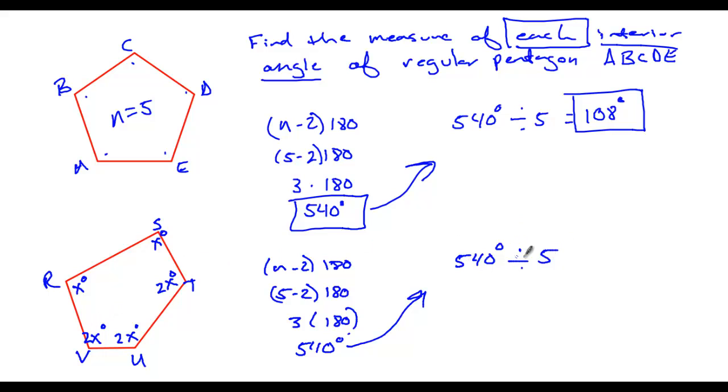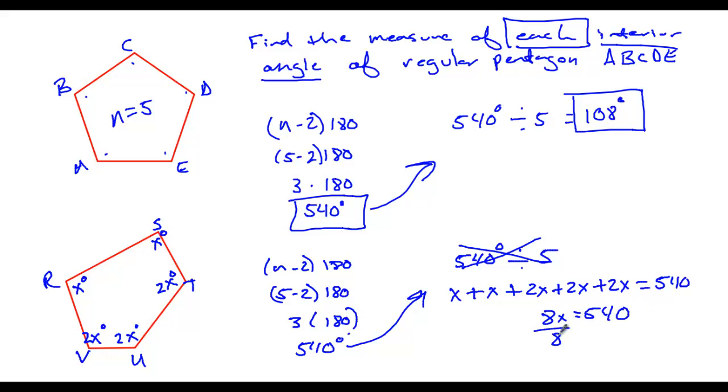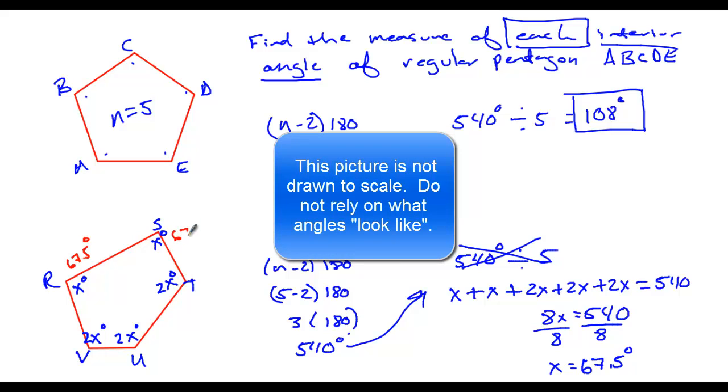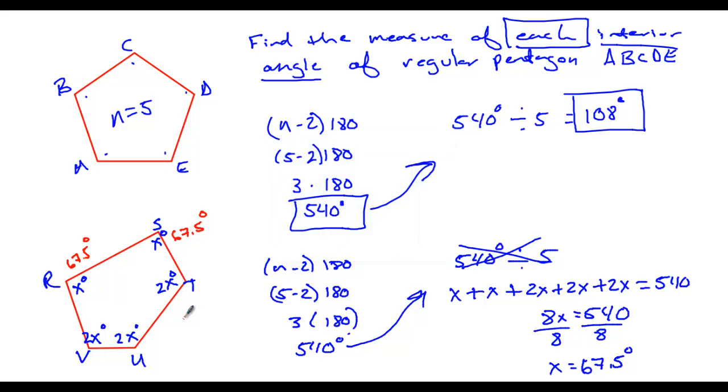So to do this, instead of doing 540 divided by 5, we need to do this. X plus x plus 2x plus 2x plus 2x equals 540. Combine like terms. 8x equals 540. Divide by 8. X equals 67.5 degrees. Now, 67.5 is this angle. It's also this angle. But this angle is 2 times 67.5, which is